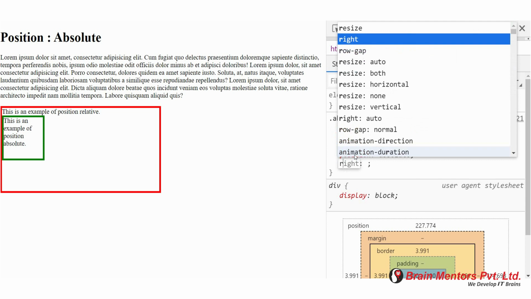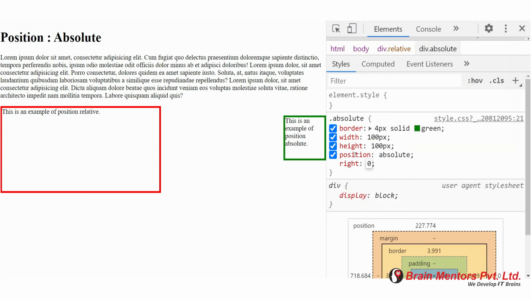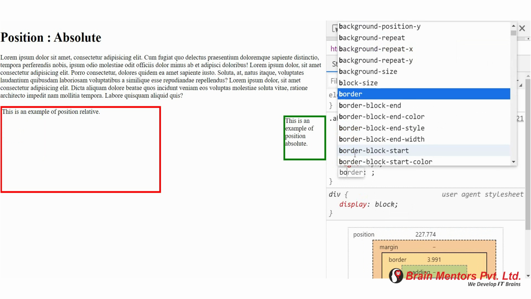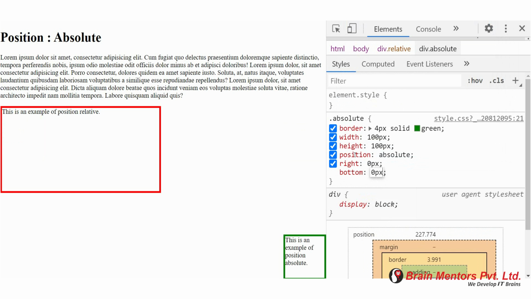Then if you want to place the green highlighted div element at the right bottom corner of the red highlighted div element, for this you have to use right and bottom position properties with value 0 pixel.